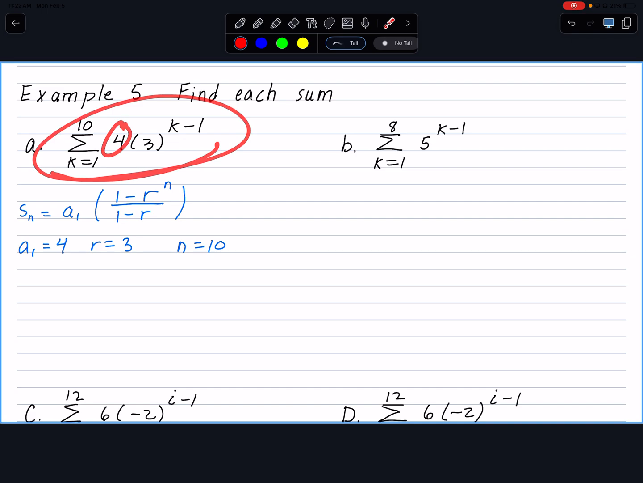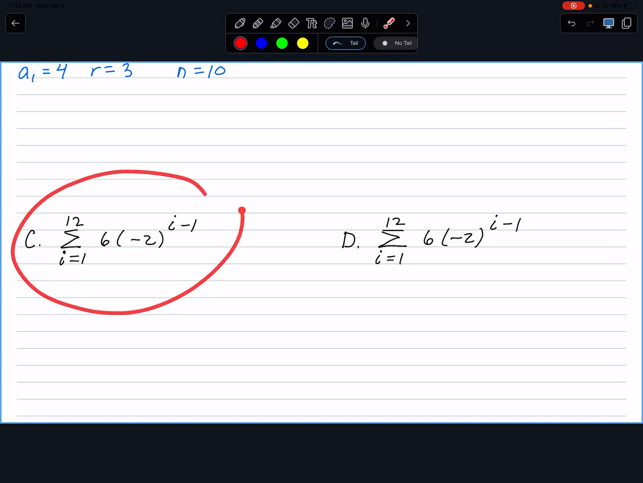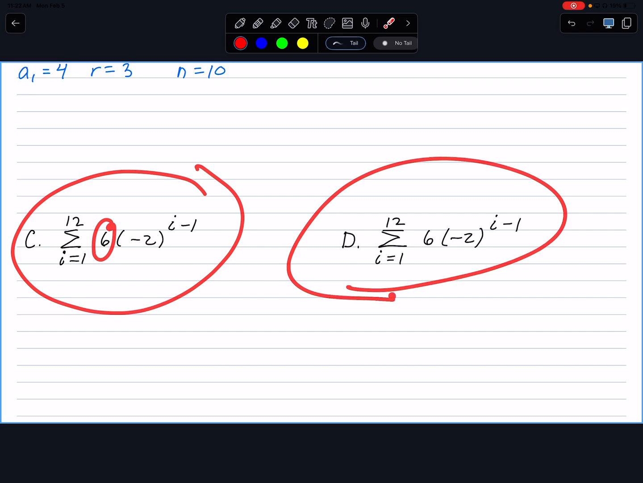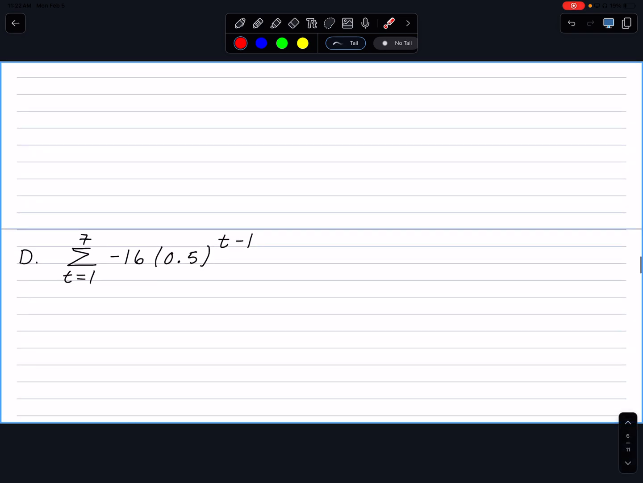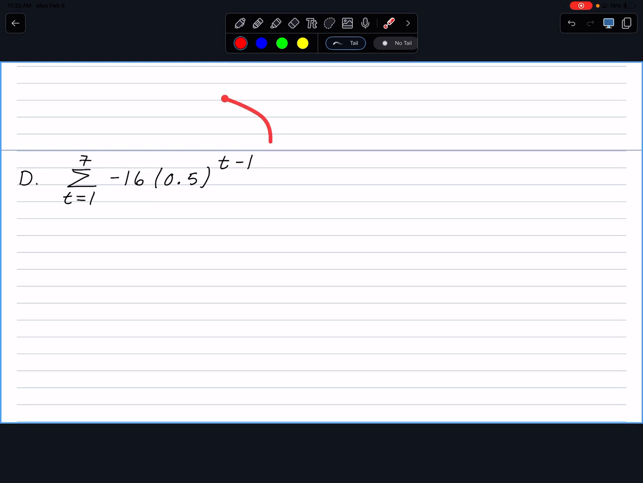So, for example, if I look at this one, the first term is 6. If I look at this one, it's the exact same problem, so the first term is 6. If I look at this one,